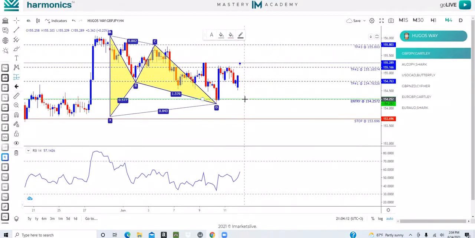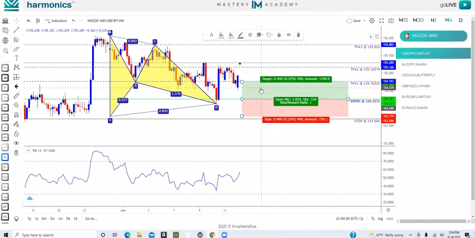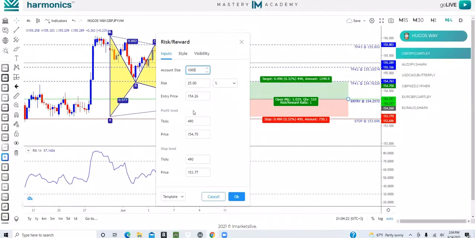So all I'm going to do is see where it says 154.252. I'm just going to place my long position tool right there. I'm going to double click that, okay? And when it pops up the settings, I'm just going to go ahead and put exactly what I want in there, right? So entry is going to be 154.2572, right? Take profit 1 is going to be at